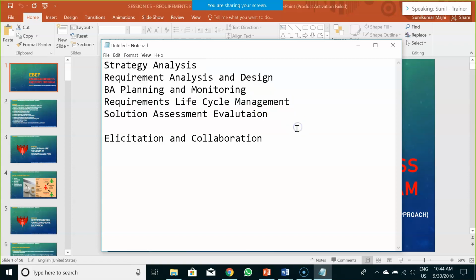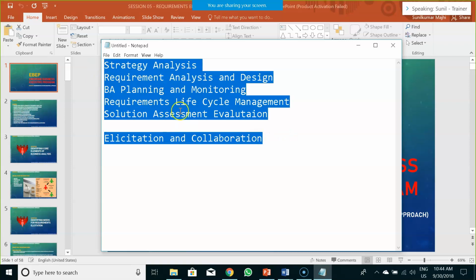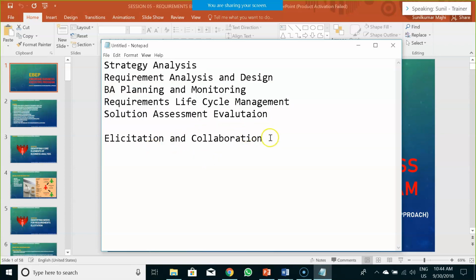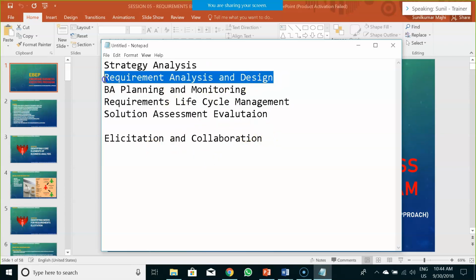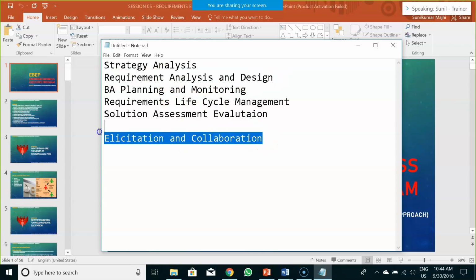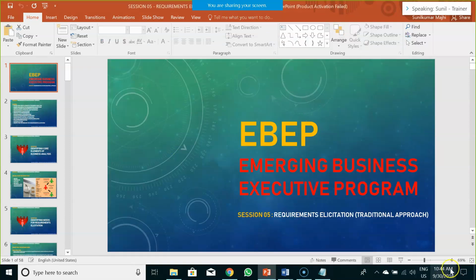So depending on the situation and nature of the project, you may experience all of this, or only selectively, depending on the nature of the contract. But in our program, we would touch base with all these knowledge areas. Today we are focusing on requirement analysis and design in conjunction with elicitation and collaboration. These are the essential 6 knowledge areas that exist in business analysis.